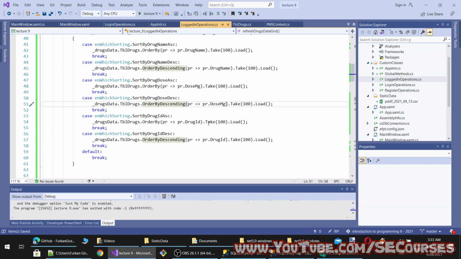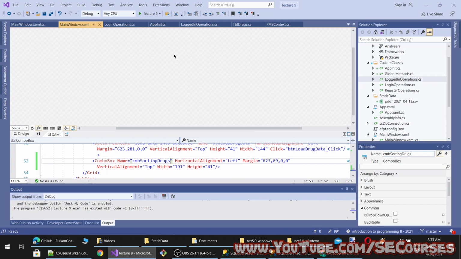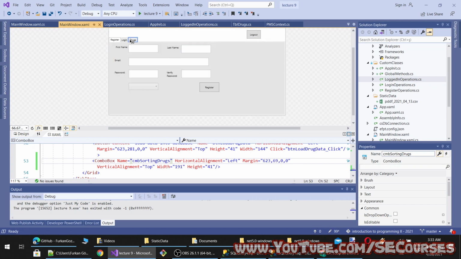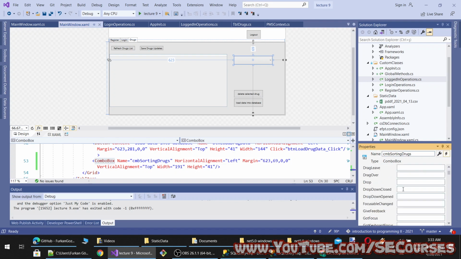When combo box is changed, we need to call our refresh method. So it will be automatically getting refreshed. So let's go to here and here. We are going to add an event here. So let's say selection changes. Where is it? Here.